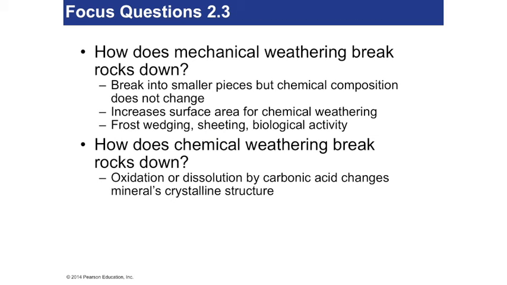So this is just a slide of review. Mechanical weathering breaks down a rock into smaller pieces of that same rock. Its composition doesn't change at all. But what it does is make the surface area bigger in proportion to the inside. The smaller the rock, the more outside you have compared to the inside. That gives the outside more of a place for a chemical reaction to occur, because a chemical reaction occurs at the surface of a material. And so mechanical weathering could lead to increased chemical weathering.